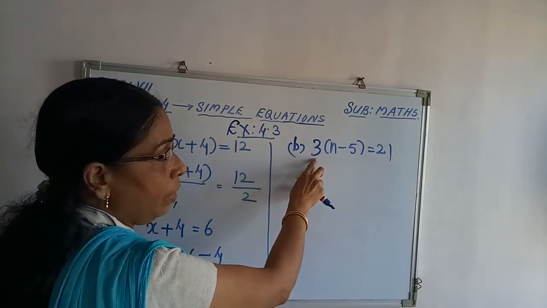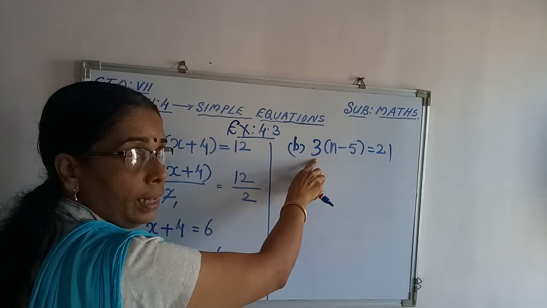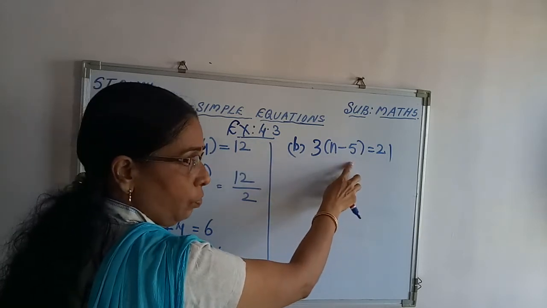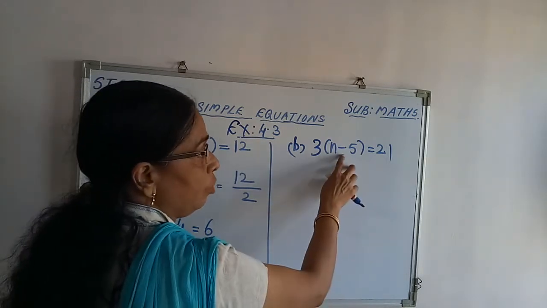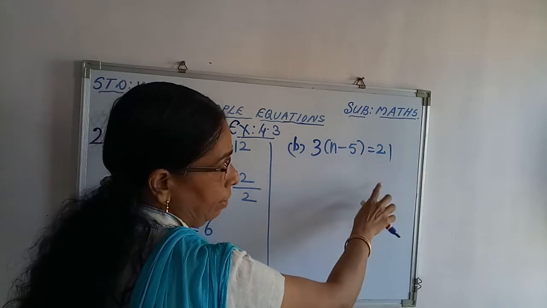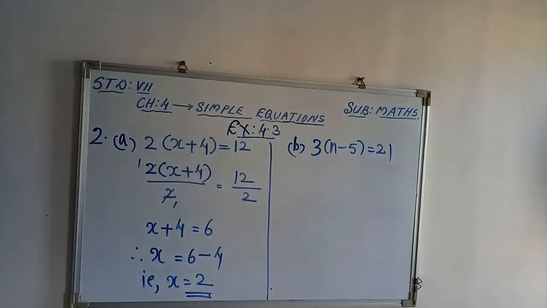Here also same way. First you divide both the sides by 3. Then you will get n minus 5. Then what you have to do is transposing this minus 5 to RHS. Then you will get the solution. Okay. Now